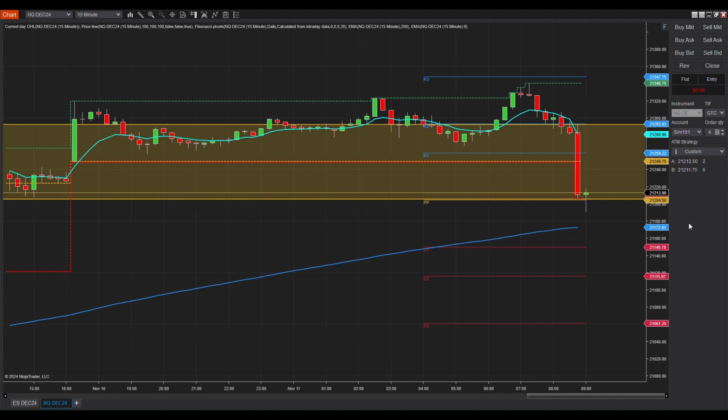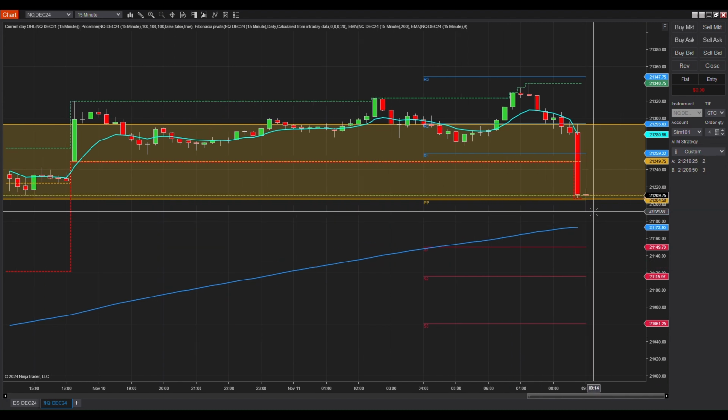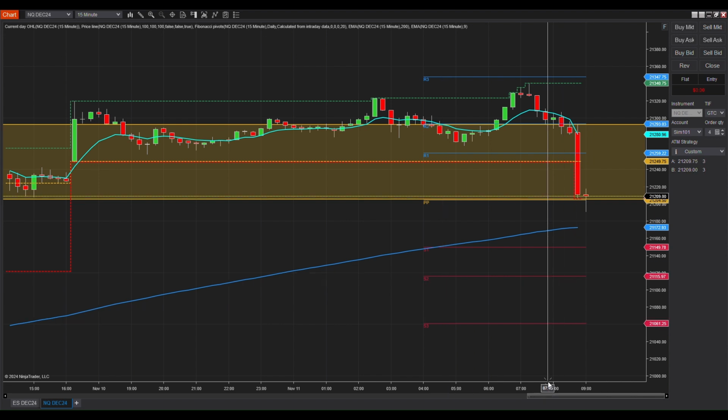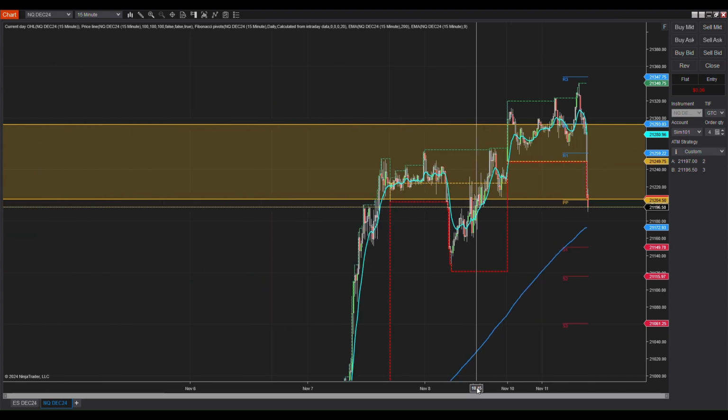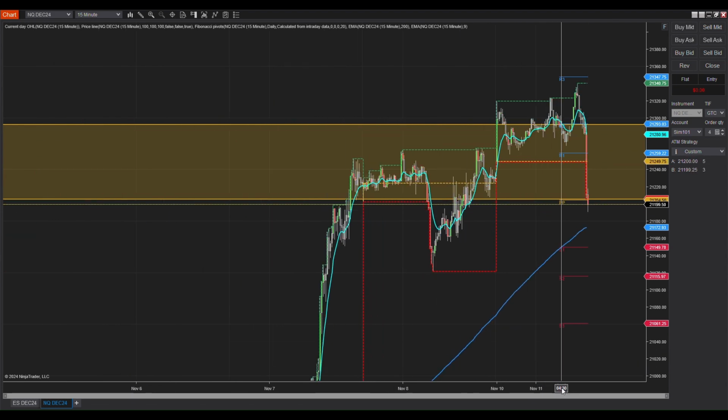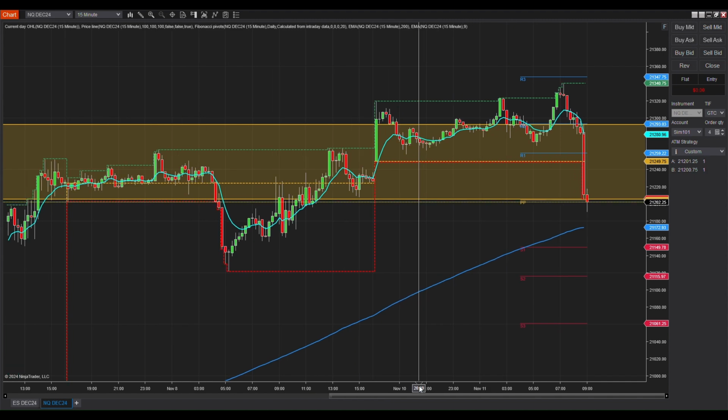Just looking to get a few trades in. So this is the low of our day. Came right down to the pivot point as soon as the 8:30 candle opened up. As you can see, there was liquidity down here, and the market's been trending up. Of course, the market's going up ever since the election. So this is actually,